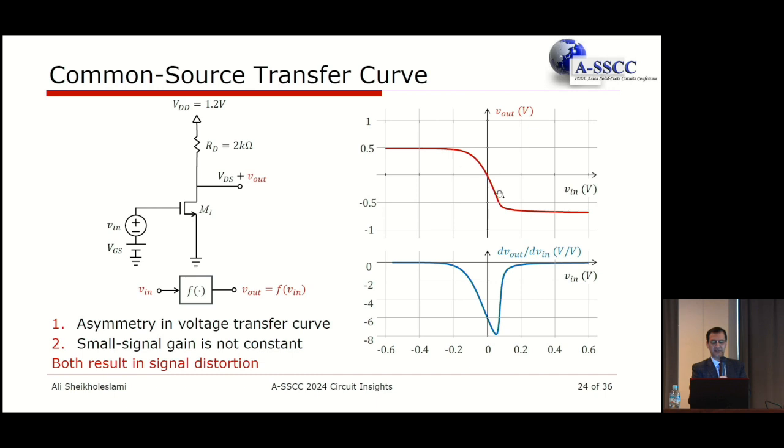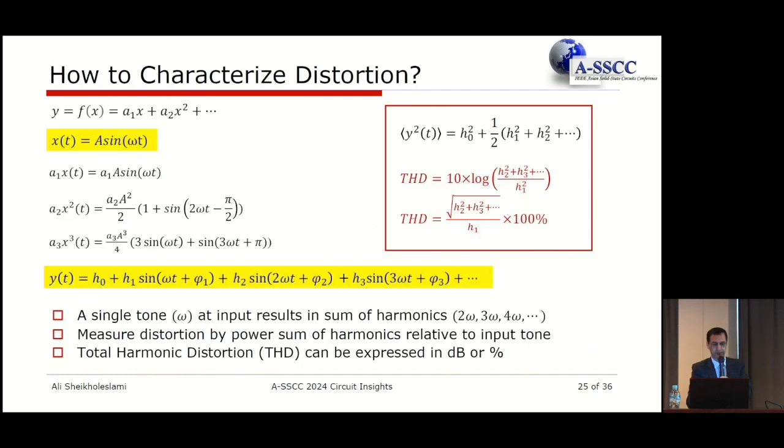But the gain, even for the region when we consider the small signal, is going to change quite a bit from minus 8 volt per volt here to minus 2. So there's a gain difference. And that was exactly the picture that I showed you earlier. You take an image, you magnify some portion of it with one value, you magnify the other portion with another value. That is exactly the same concept. So both of these result in what we call signal distortion.